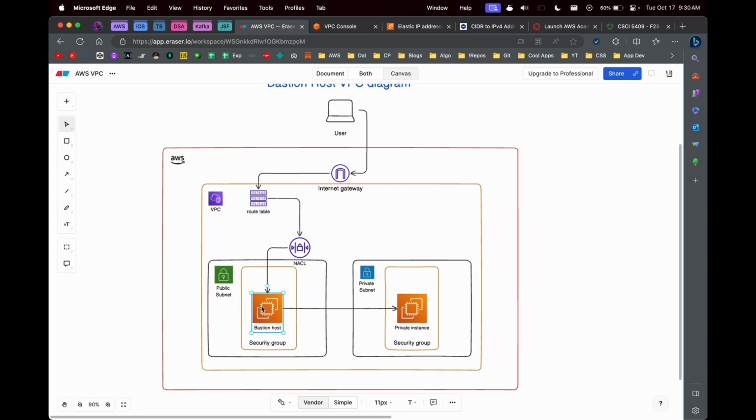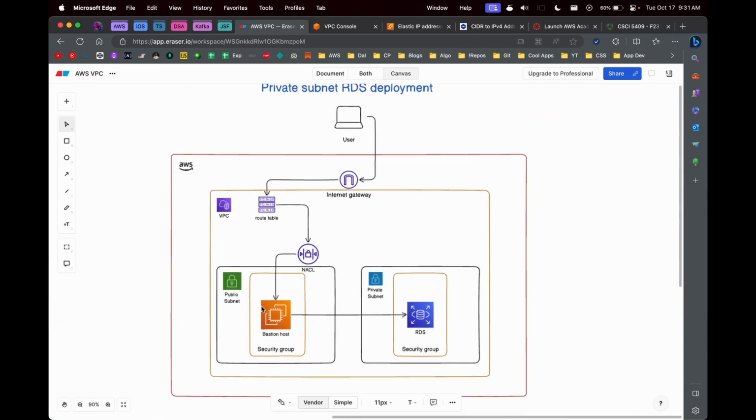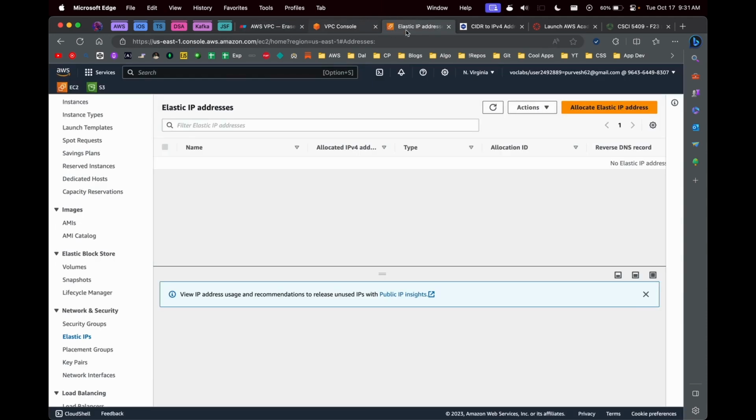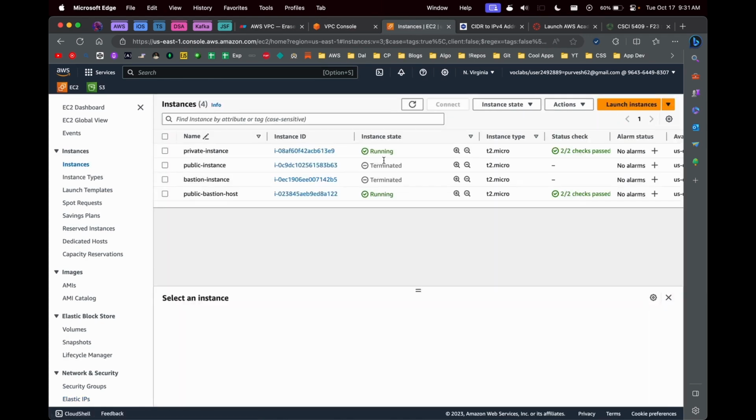So if no one has any questions, then we can move further. So you understand this concept, right? Because the next one will be a little bit complex. So next is this thing. Everything is the same, but now we have RDS inside the private subnet. Oh yeah, I forgot to do that. Okay, so